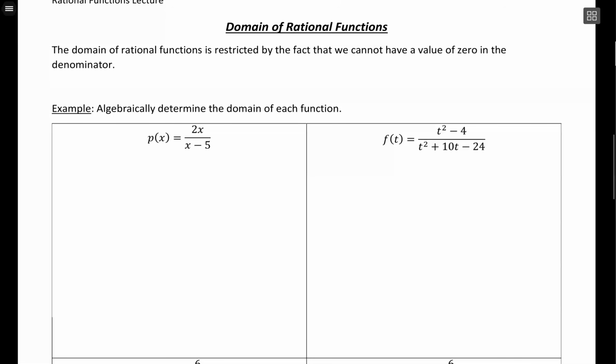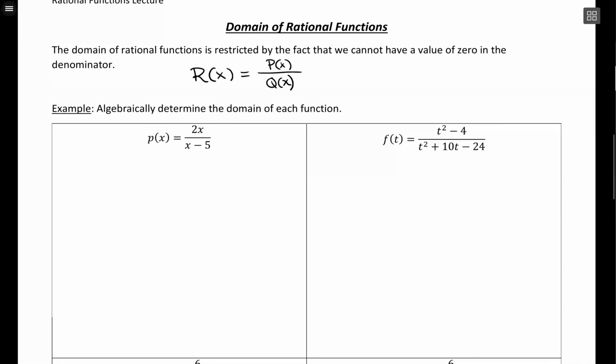So let's look at how to find the domain of rational functions algebraically, and then we'll also take a look at the graphs and see how this is working out. So again, a rational function r of x comes from a numerator and denominator that are both polynomials. So they could both be some function of x,